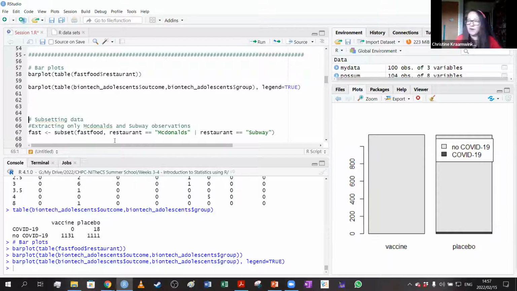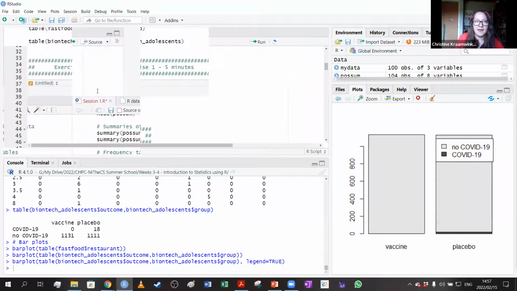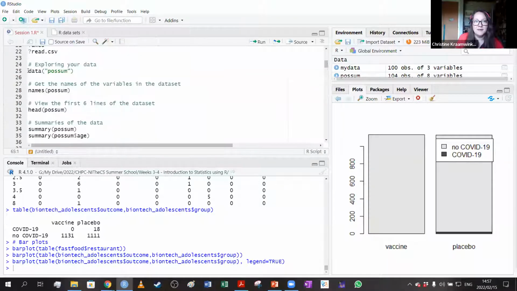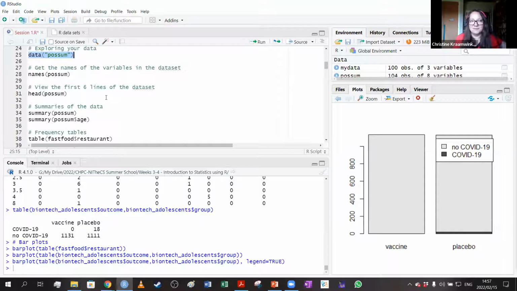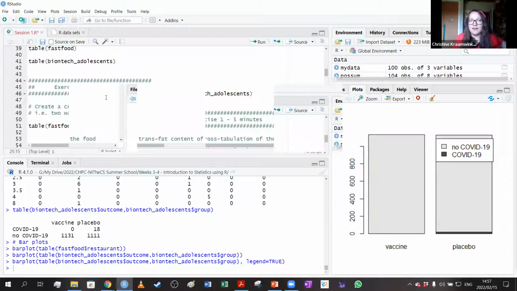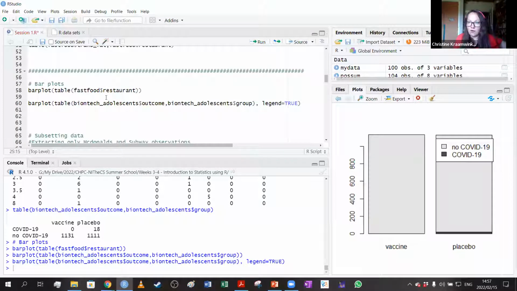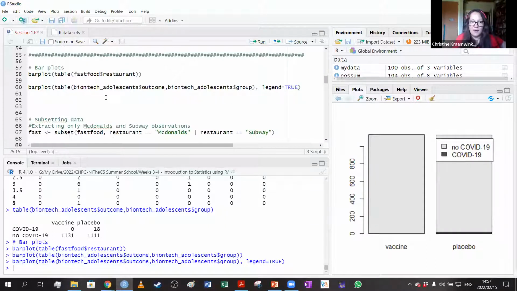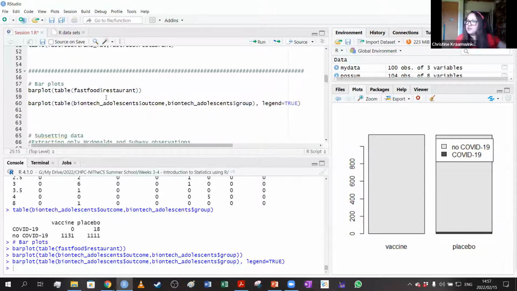Okay, so to load the possum data, you just say data and possum in quotation marks. Cool. So I think we are almost at 3 o'clock now. Oh, what error do you get? Have you loaded OpenIntro yet?